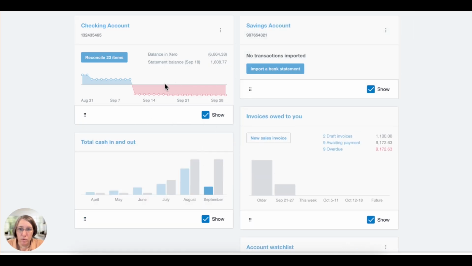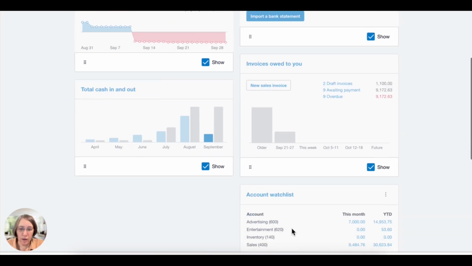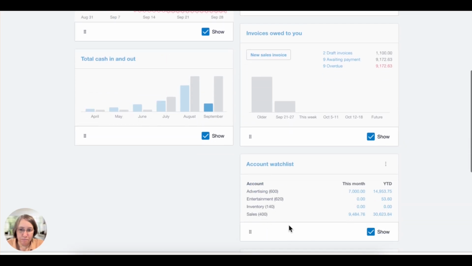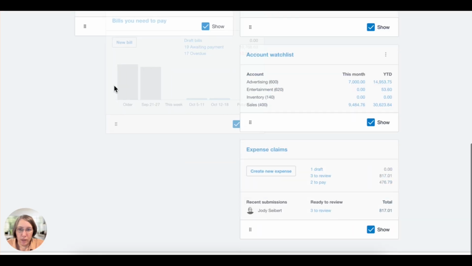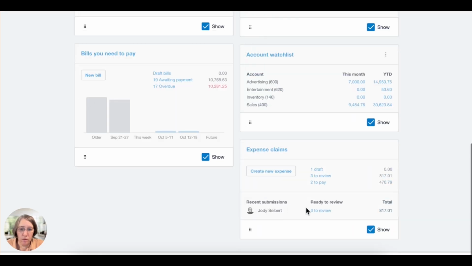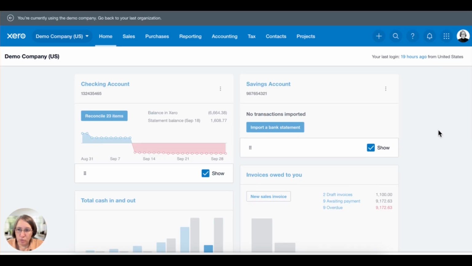I like to have my more important accounts up here towards the top. The account watch list, if you're watching certain accounts, you want to make sure you're watching certain expense accounts and whatnot. If you're using bill pay, you can move that up here. Expense claims, honestly, I don't recommend that. If you're using something like Ramp or Rho, you don't need that feature in Xero. So once you reorganize it,